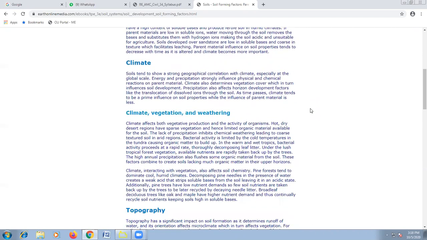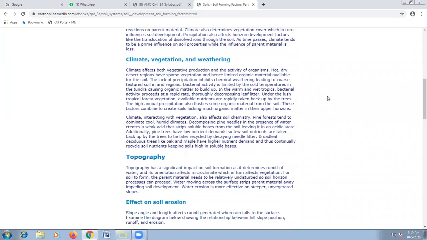Then climatic conditions, which indirectly lead to weathering. Climatic conditions include precipitation, temperature fluctuations, great variations in temperature, seasonal variation or daily temperature changes, and humidity. These are also factors that influence the formation of soils.